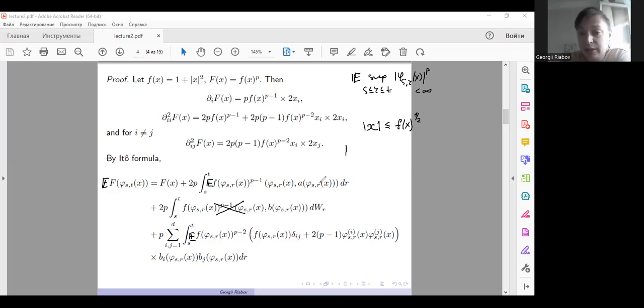Also, a is Lipschitz, so a of x can be estimated as some constant times 1 plus absolute value of x. And this can also be estimated as some other constant times f of x to the power 1/2. It means that this expression can be estimated as